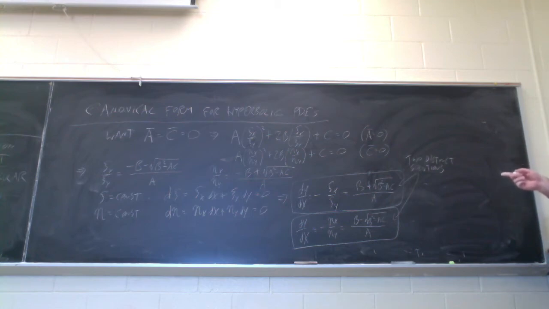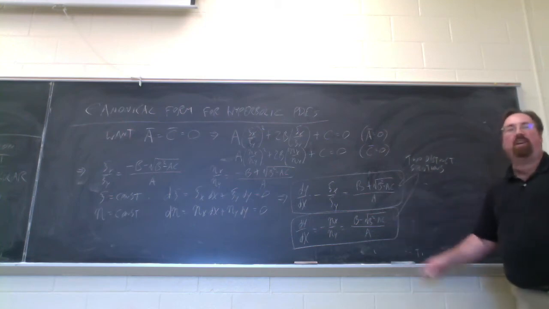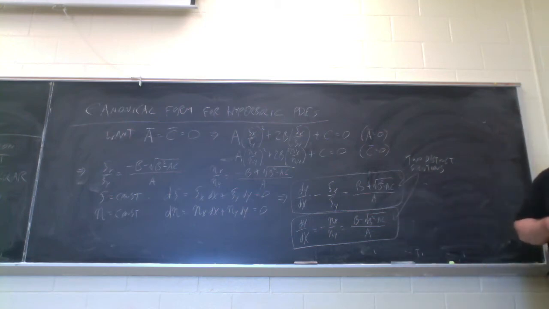What would happen if this was parabolic? Then b squared minus ac is 0, so you get b over a, the two would equal each other, and I could just solve out one. What about if it's elliptic? No real solutions. If you wanted to allow being complex, you'd have them, but